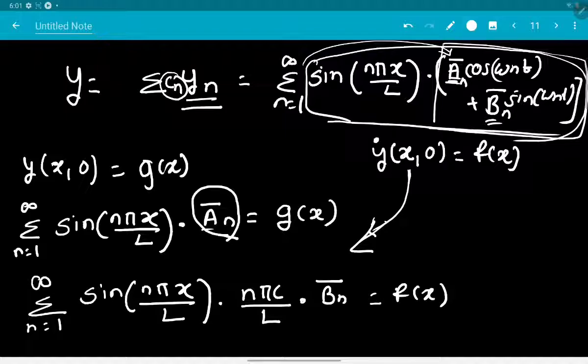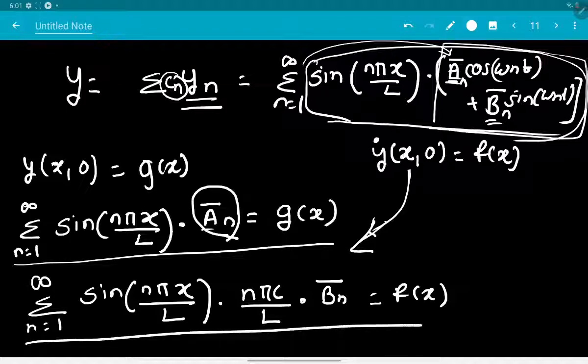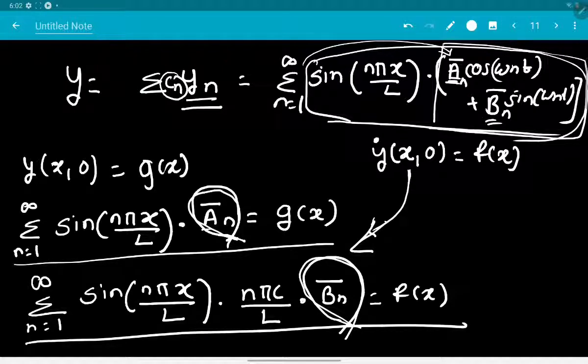So you have obtained these two equations, which are actually two sets of infinite equations, in which the unknowns are these infinite an's and these infinite bn's. So you have boiled down your entire problem to finding these infinite an's and infinite bn's. How to find out these infinite values? They are really difficult to find, right? Because they are in the summation. So let's try to see the first equation first of all. Once we are done with finding an, it will be similar for bn.